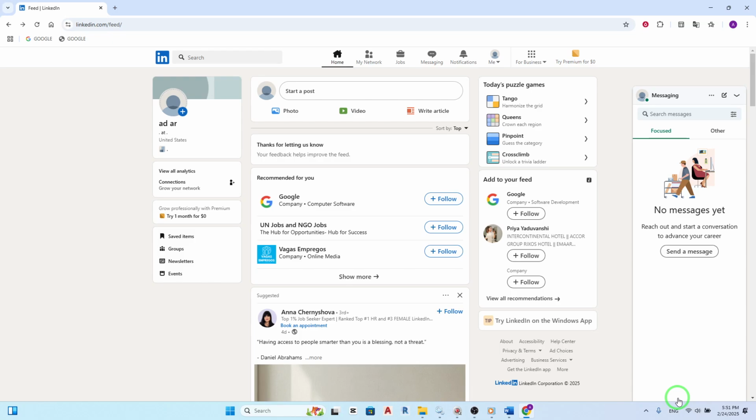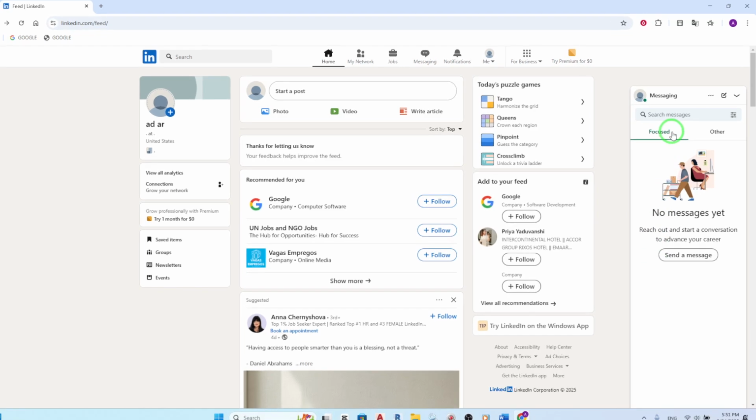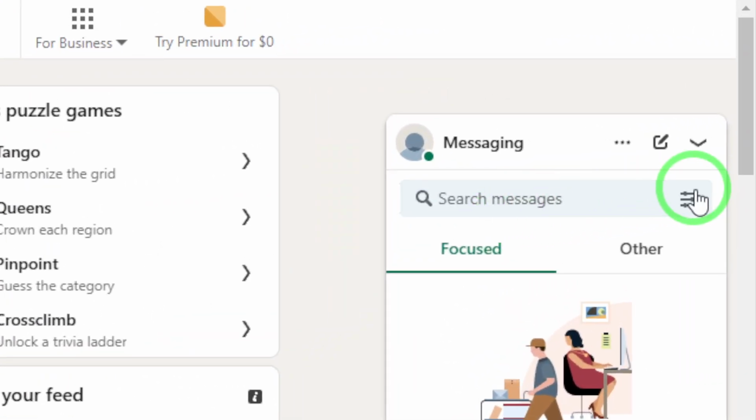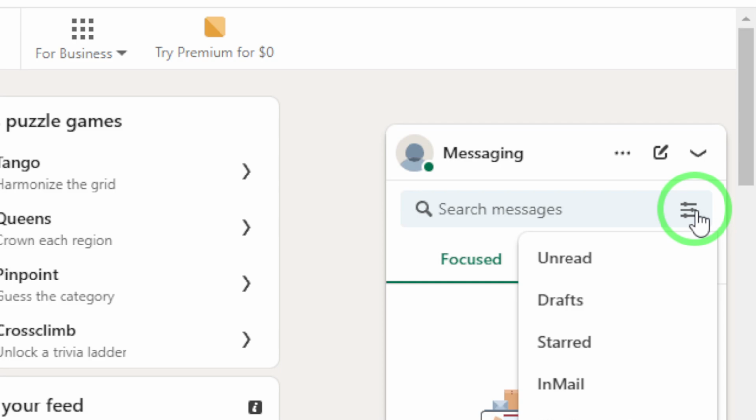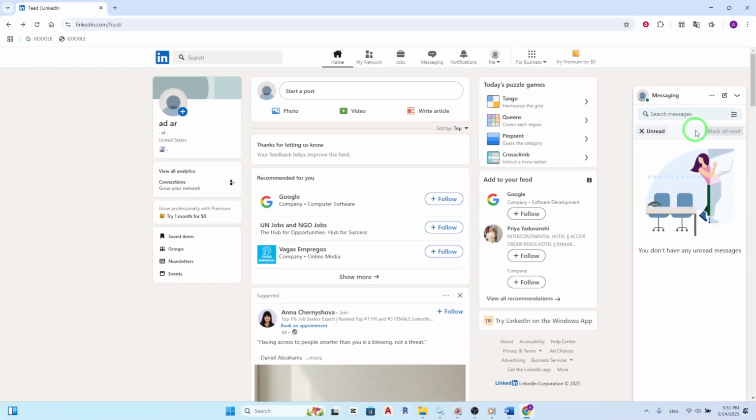Now that you're in the messaging section, it's time to utilize the filter feature. At the top of the messaging window, you'll notice a search bar. Next to it, there's a filter icon. Click on that. This will open up options that allow you to refine your message search. From here, select Unread. This filter will instantly sort through your messages and display only those that you haven't read